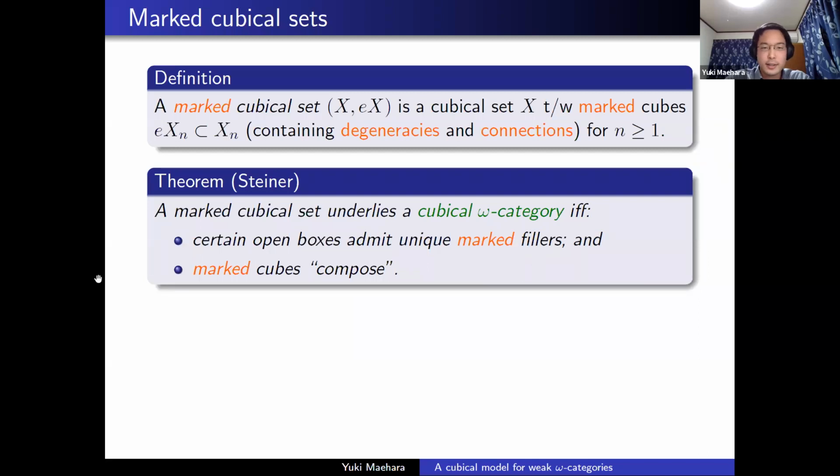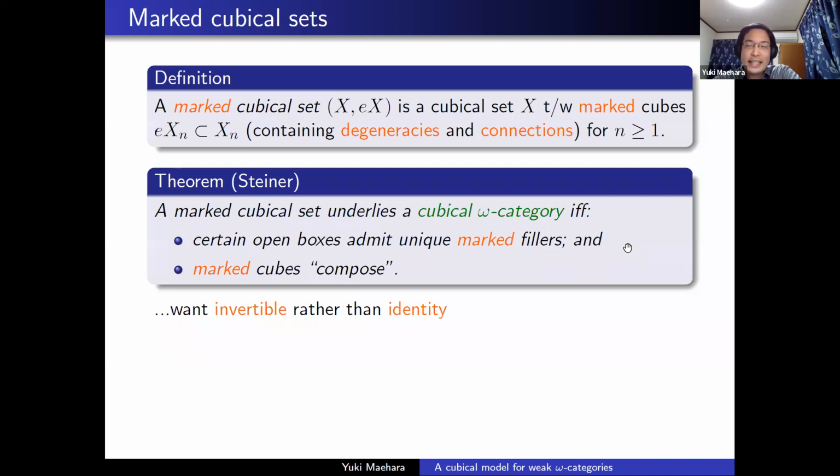In the weak case, we probably want the marked things to correspond to invertible morphisms. If we take that viewpoint, what should we do? We still want marked cubes to compose to marked things because a composite of invertible things is still invertible. And we also still want the existence of these marked fillers,